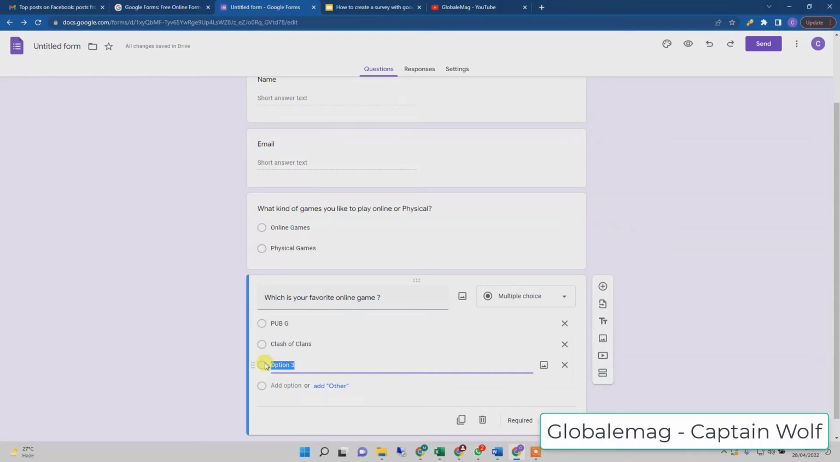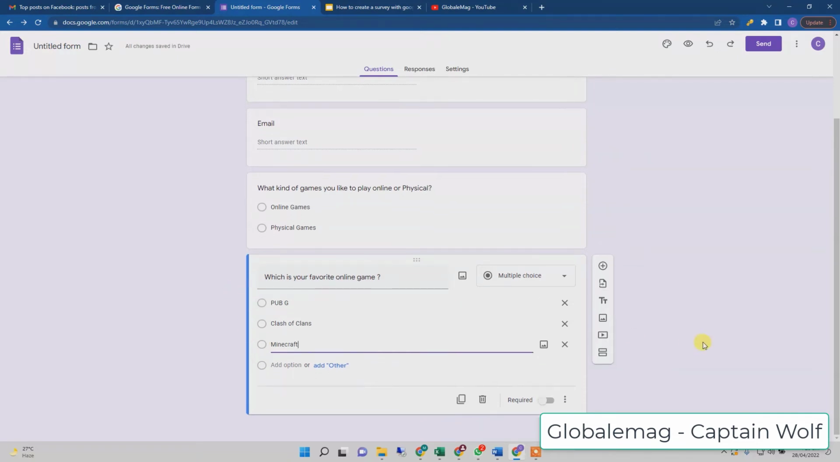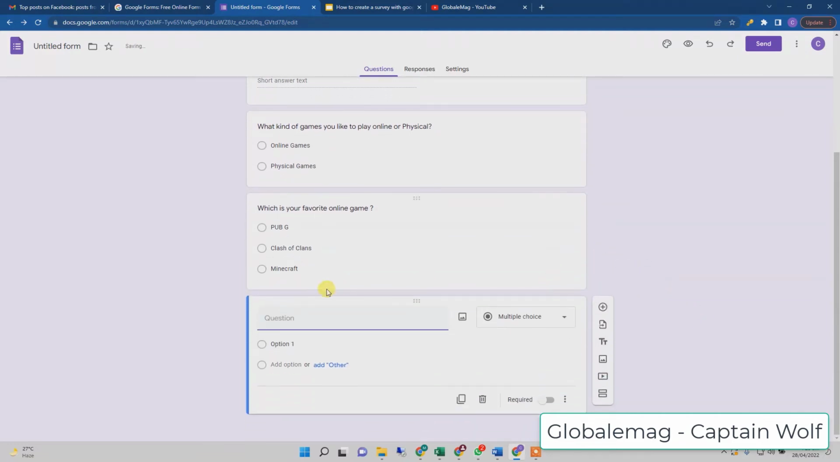So we can give them another option of a new game which is very popular across the world, Minecraft. So they can choose among these three options, and other than that we can have another multiple choice question, and we will write